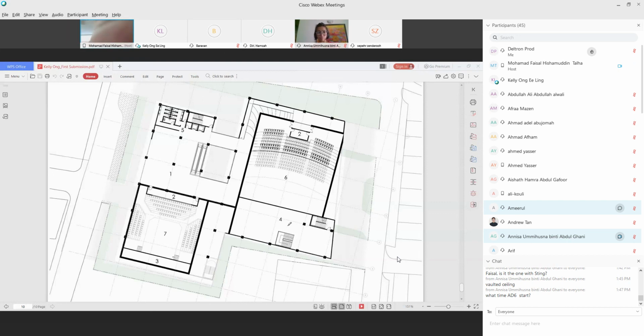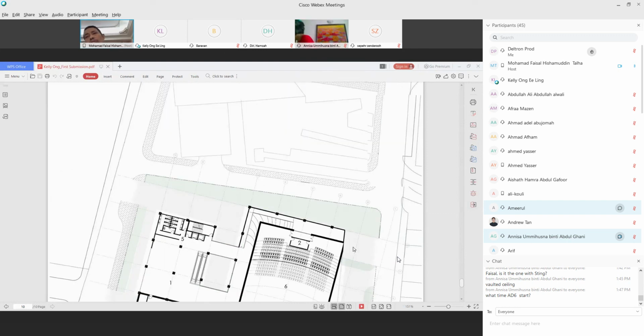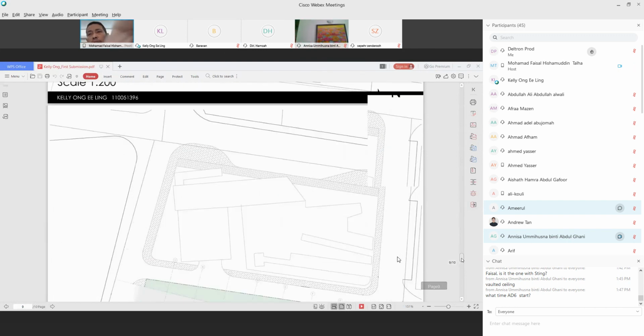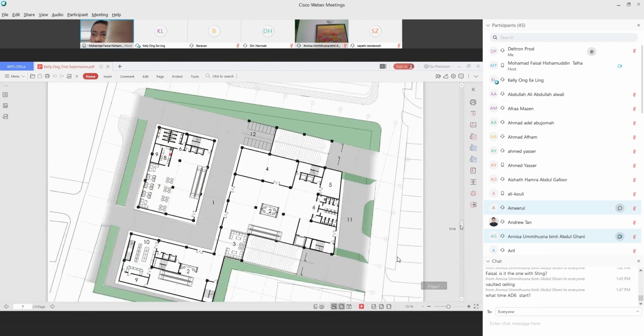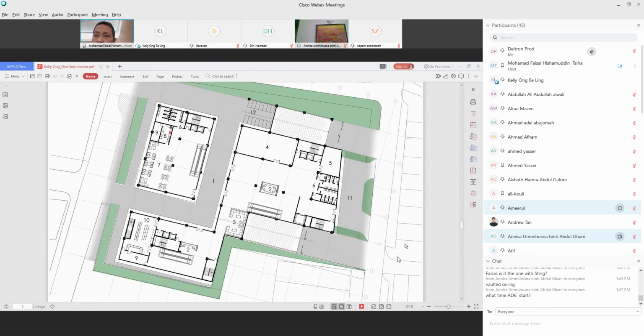Okay, before we go here, let's go back to your ground floor. Okay, this road needs 6 meters.